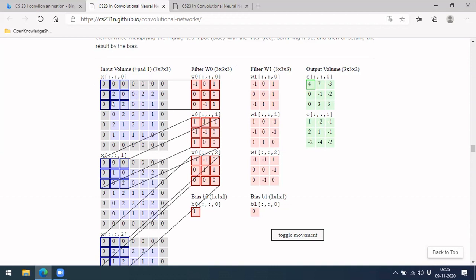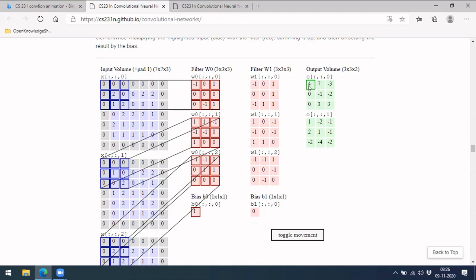Here you can see that most of them are zeros. If you count, only the last two elements were non-zero here and there. So that will be 1 into -1, which is -1, plus 2, -2, plus 1. So 2 minus 1 is 1. So you have 1 as a value, and to this we are adding a bias, just like how we add bias in a dense layer. Similarly, we also add a bias term here. So 1 plus 1, it should be 2. Okay, sorry, I guess I did some wrong calculation.